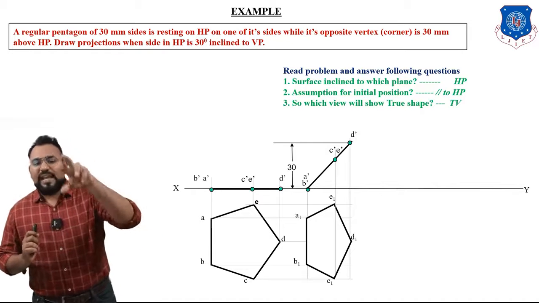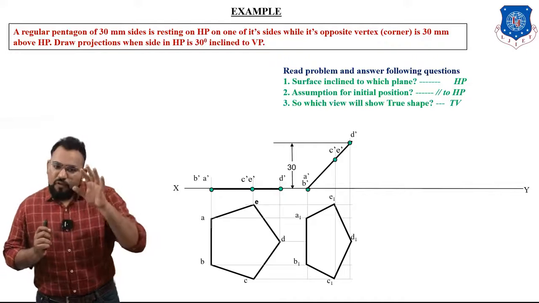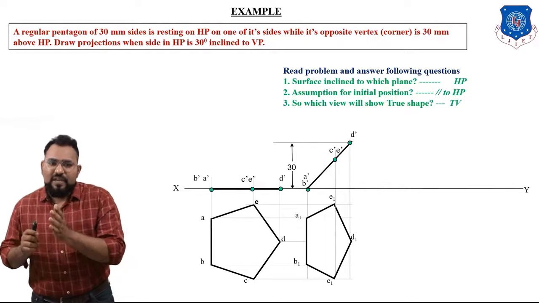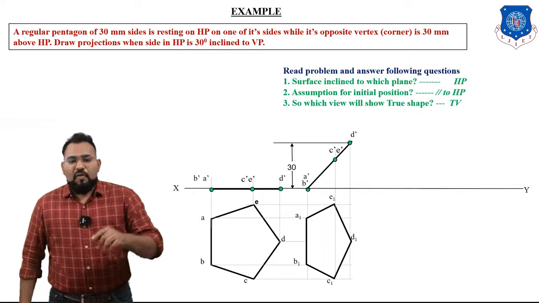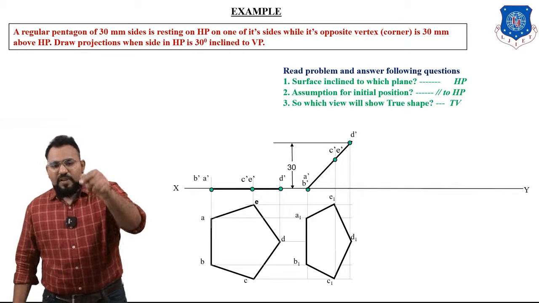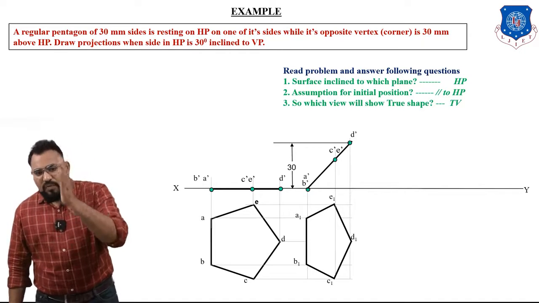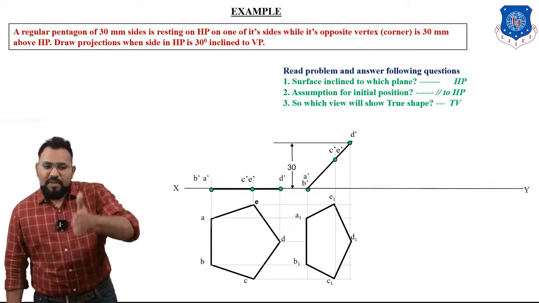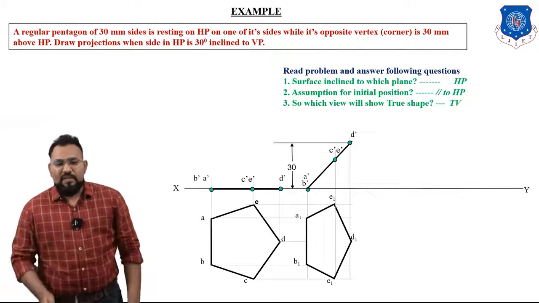So the top view of the second stage. See the top view of the second stage? The same top view we have to redraw in the third stage in such a way that it must satisfy the angle of VP condition. So now what we have to do? We have to take A1, B1. Now we have to come into the third stage, and to draw the top view of the third stage, we have to take the A1, B1 side in such a way that it makes a 30-degree angle with the VP.